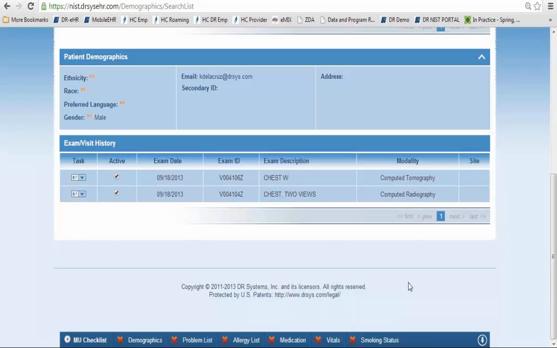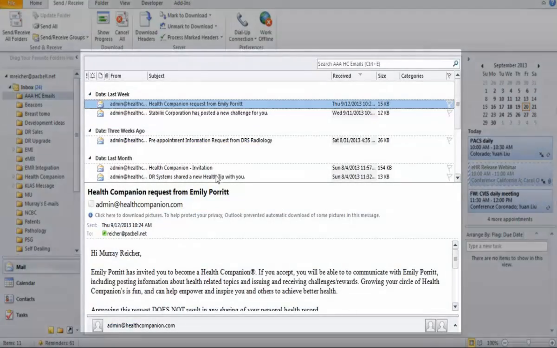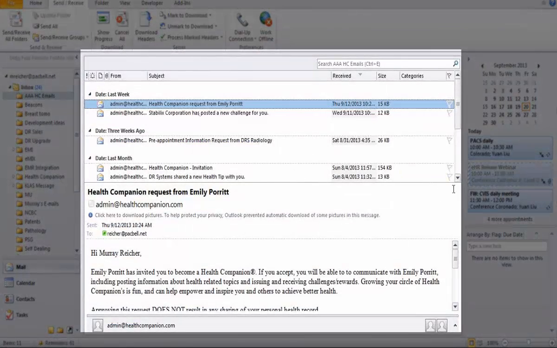Now, we don't have very many users, but we have some users that previously completely depended on an email link in order for their patients to access Health Companion. So it was possible for you prior to this upcoming release to simply record the patient's email. The patient would receive an email after the visit. That email might look something like this,